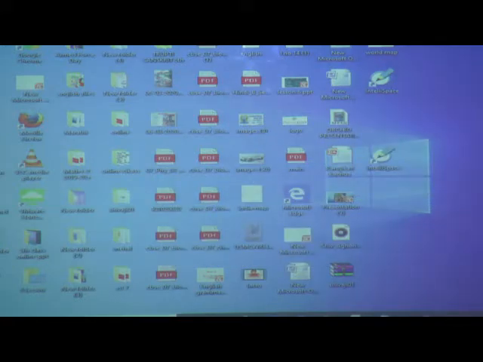Next, drag and drop. It means when you press the mouse left button, hold it down and move the mouse to drag the selected object, and release the mouse button. If I want this folder here, then I must click it by using which button?